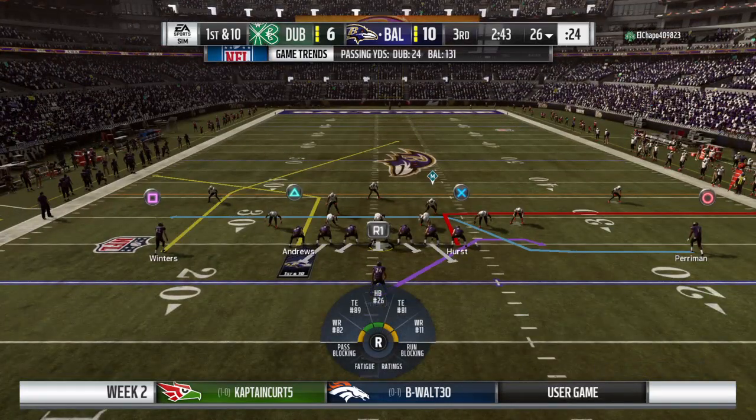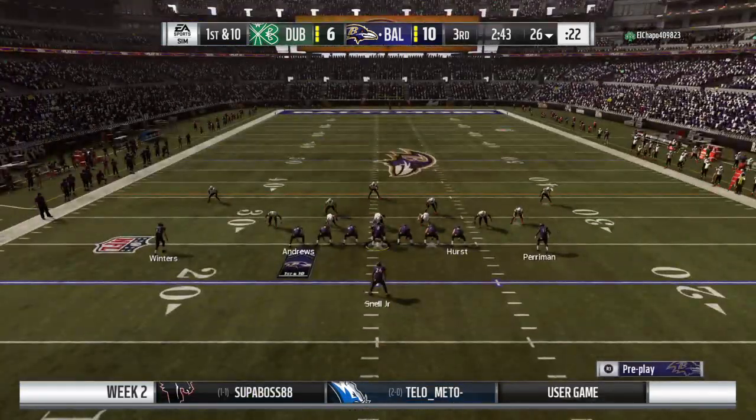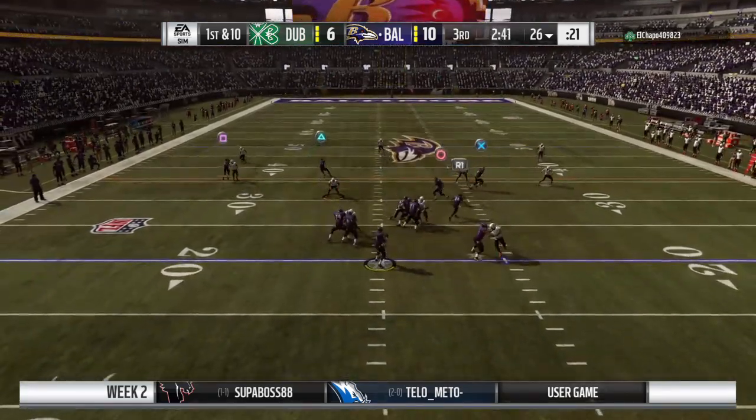Gone, gone! Gone, gone! Hot! Now Jackson on 1st